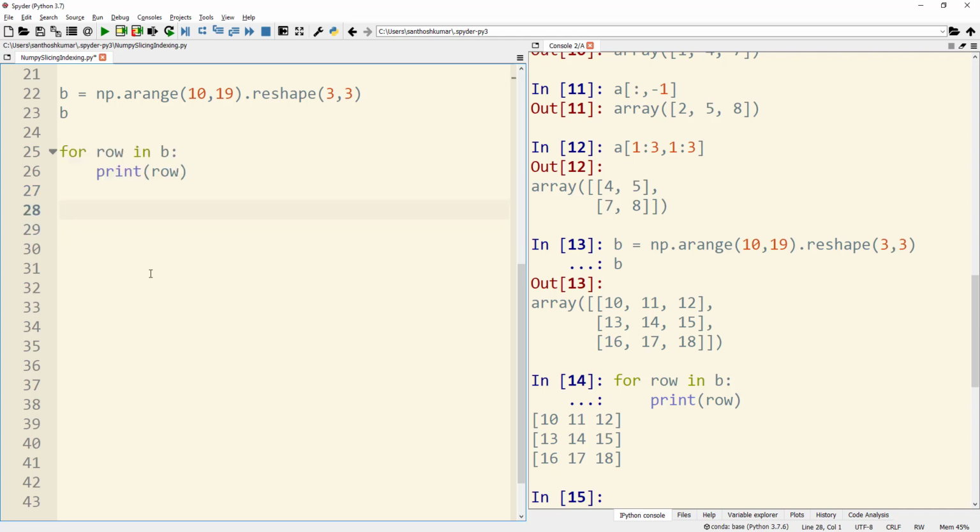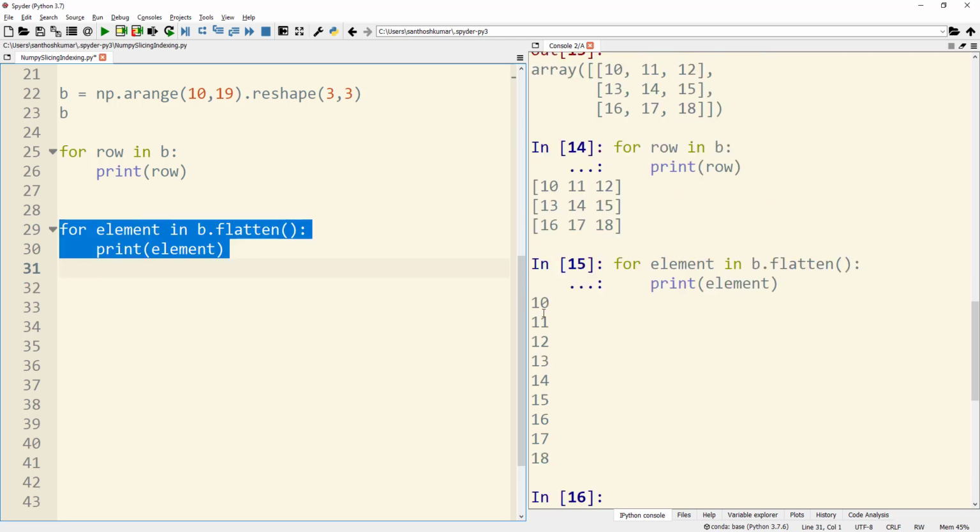So I can use that to traverse through each element. So I am just going to use for element in B dot flatten, and then I'm going to print element. What happens now is the matrix B is going to be flattened to a single dimensional array with all these values in it. So when I just run this piece of code, you can see that I am able to traverse through all the elements within the matrix by flattening it.